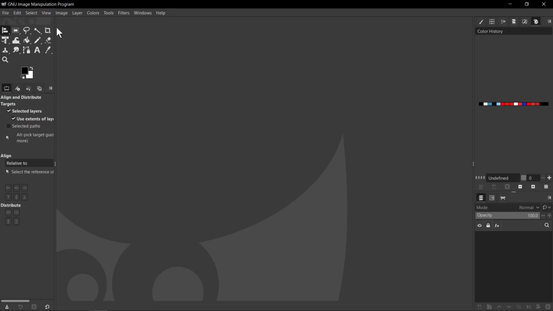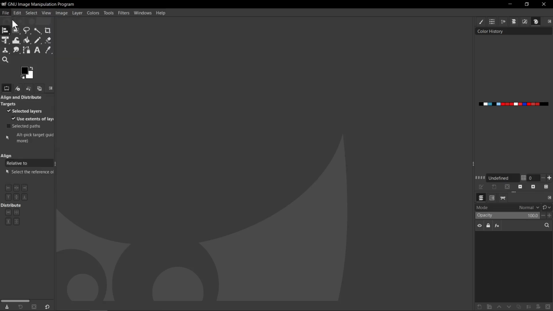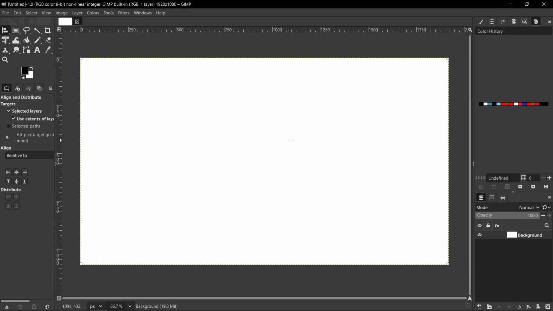So first we need to go to File on the left upper corner, and after that we need to go to New. Here on Width and Height we need to type dimensions, and after that we need to click the OK button. Our background has been successfully created here and added as a layer, so now we need to add a